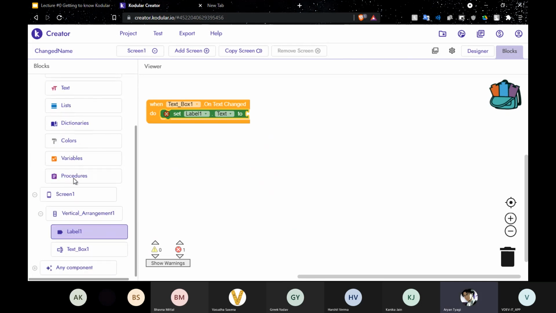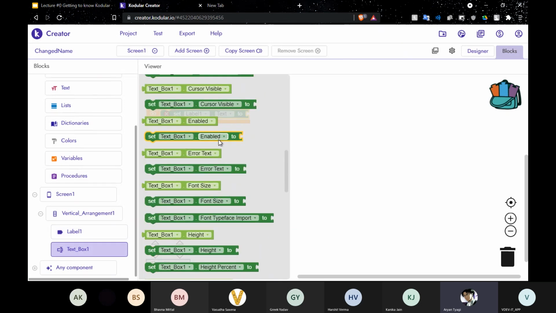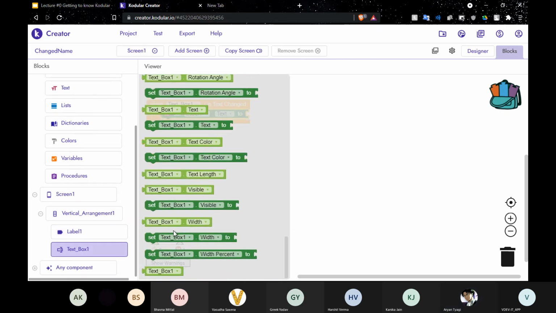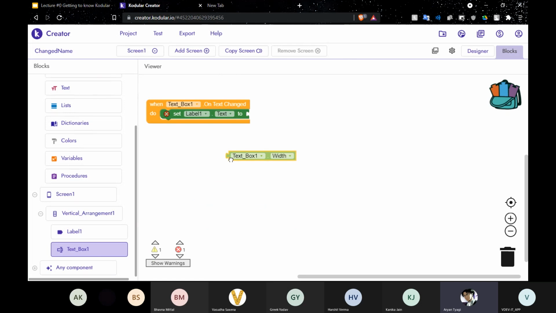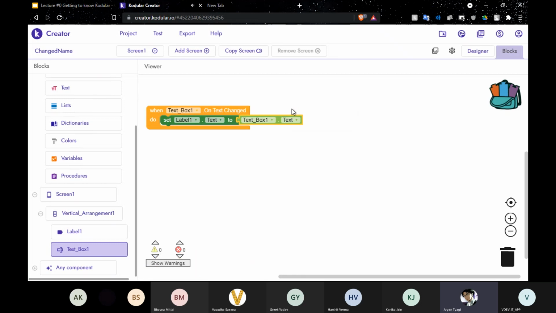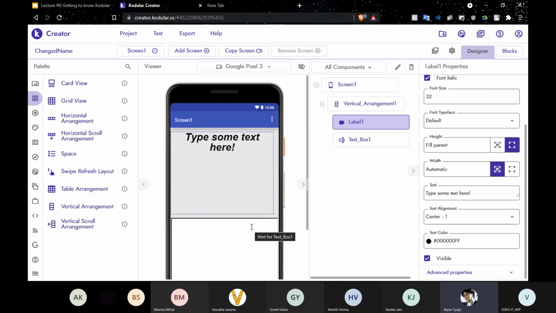Now, to change the text, I need to get the text from the text box first. So we are going to the text box, and we are going to select any one which has text box one dot xyz. For now, I have selected it. So what this text box dot text will do is that it will get me the contents of the text box. So if I type A in the text box, it will get me A. If I type AR, it will get me AR. So like this easily with like 3 code blocks, we have designed our first project.